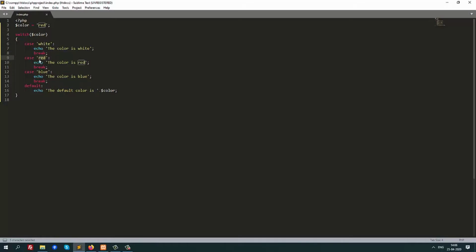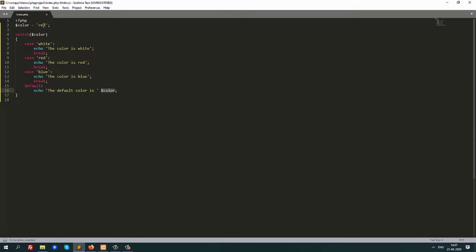Here the case is red, then echo the color is red, again break, and case blue, the color is blue, break, and at the end of all cases we have a default case, echo the default color is $color. Here we are using a dot to concatenate this string with this variable.